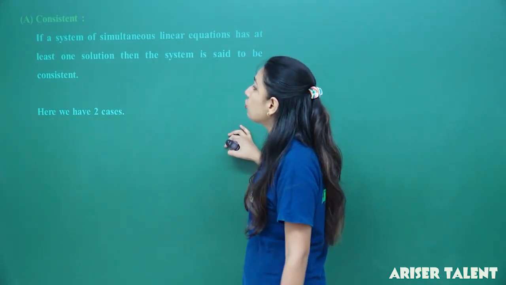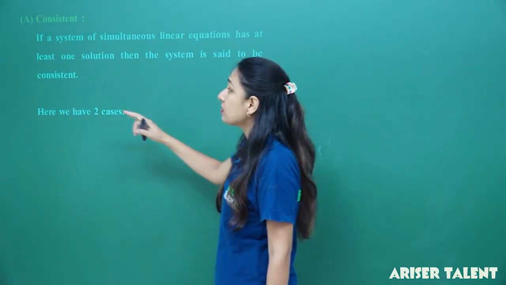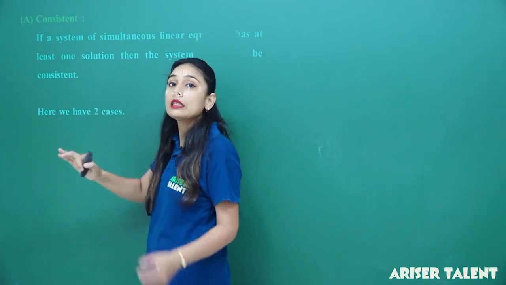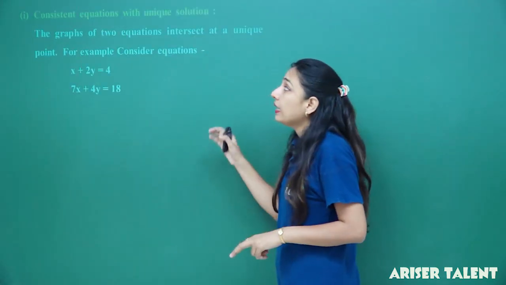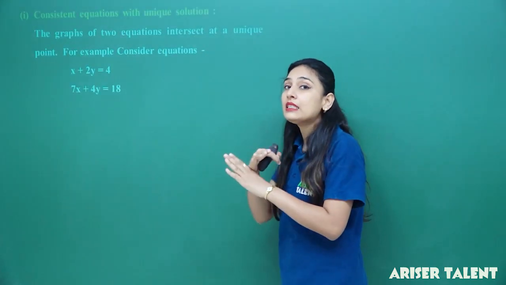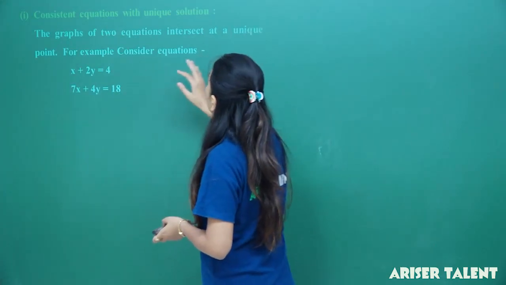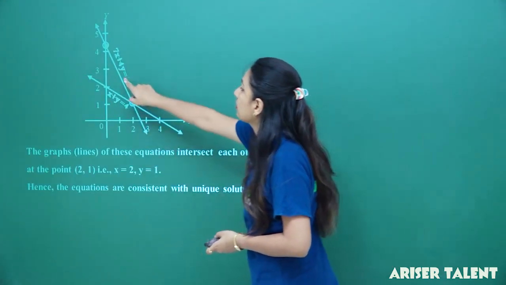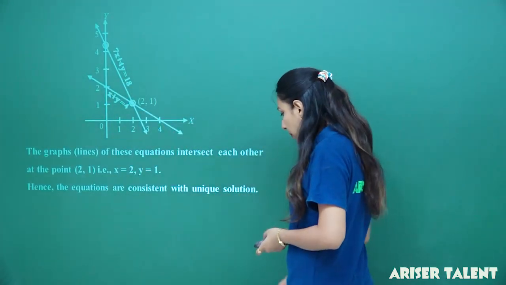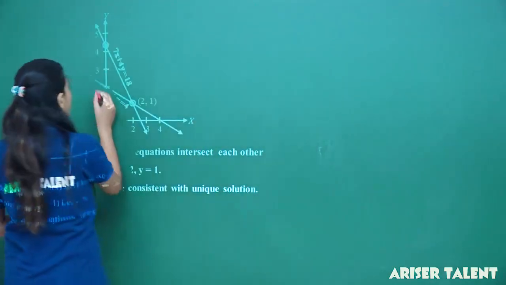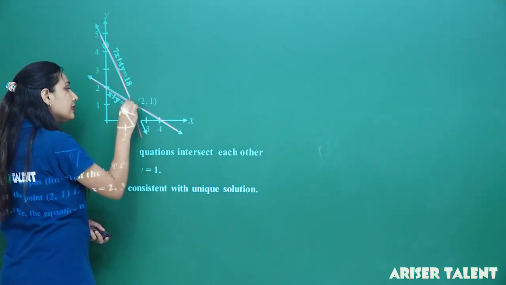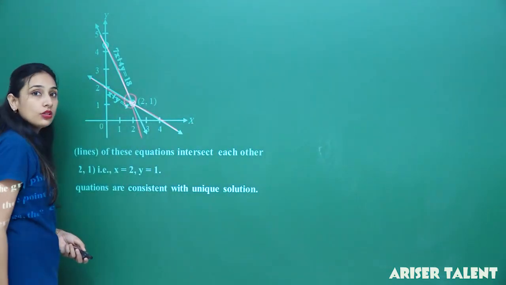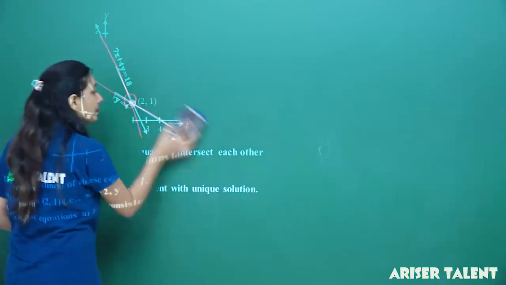the system is said to be consistent. Now, if the system is consistent, then we are having two cases. The one is that the lines intersect, right? The graph of two equations intersect like this, right? So, I am having this line and this line of some equation, and these are intersecting at this point. Okay, this is the first type